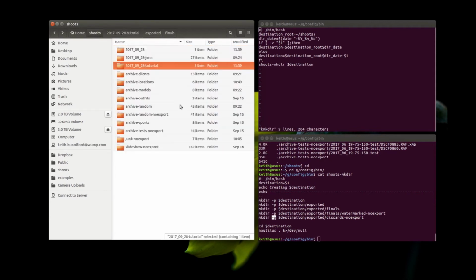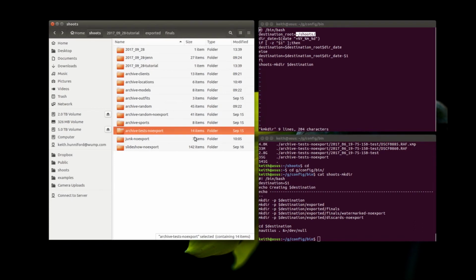But what I like to do is, if that's all you did, I mean, if you could get that CP exported script running, and if you use the same naming convention where you have somewhere like shoots, if you just created home shoots and you put all your stuff in there, and anything that was kind of junky, you just put the no export on the end of the folder, then that could actually be quite useful to you. If you want to take it to the next level,